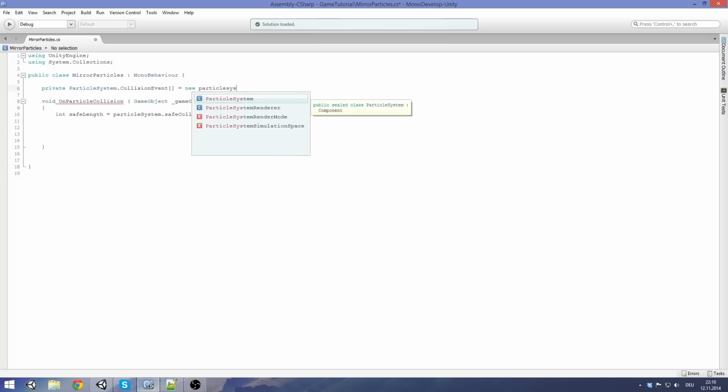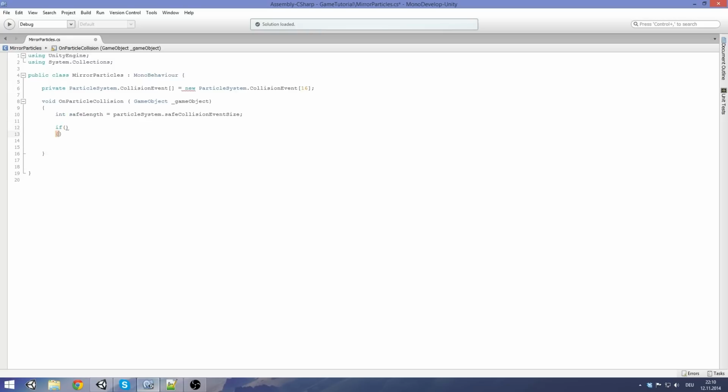Particle system dot collision event, and let's start with maybe 16. We're going to override this later with the safe length integer here. So we have to check if the collision event length,